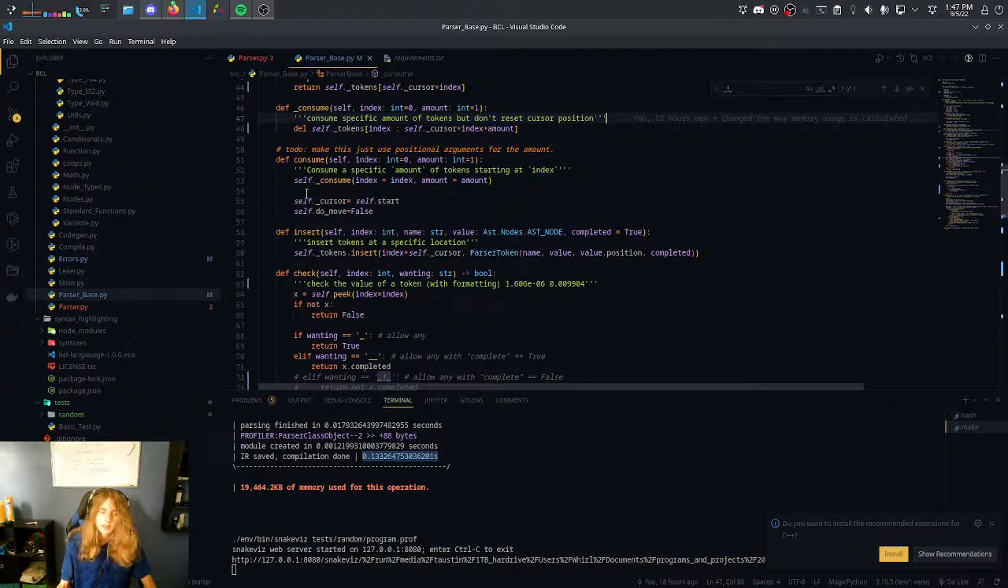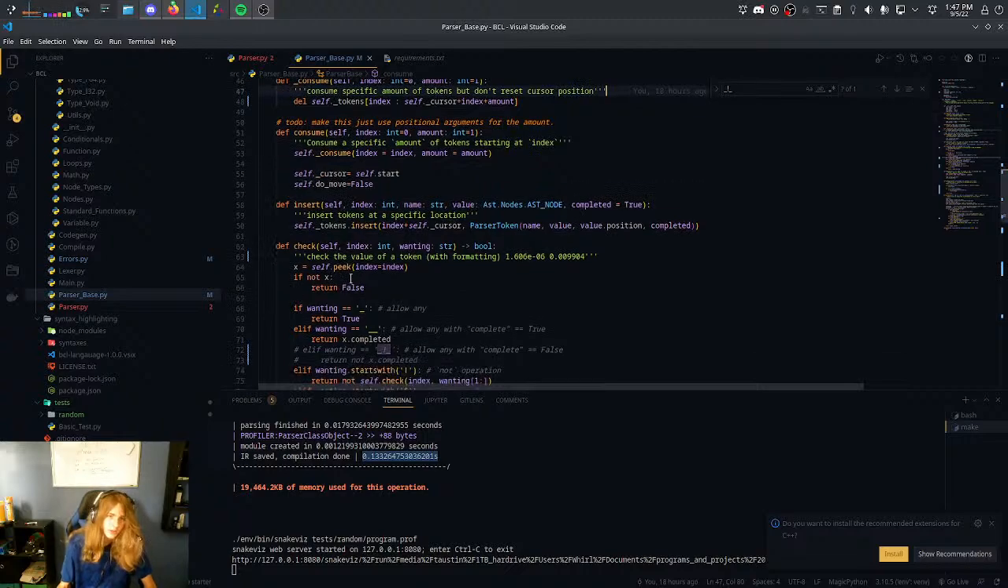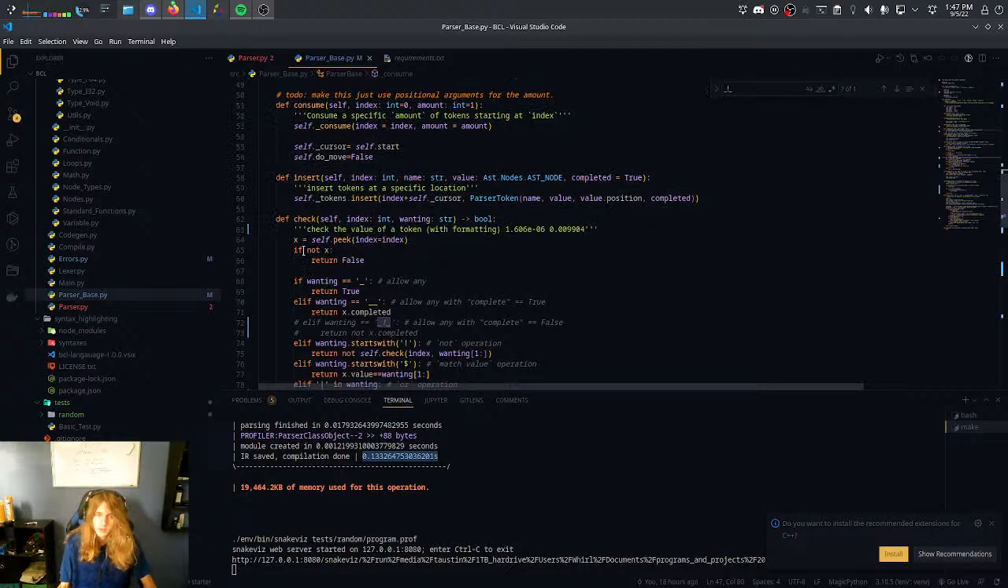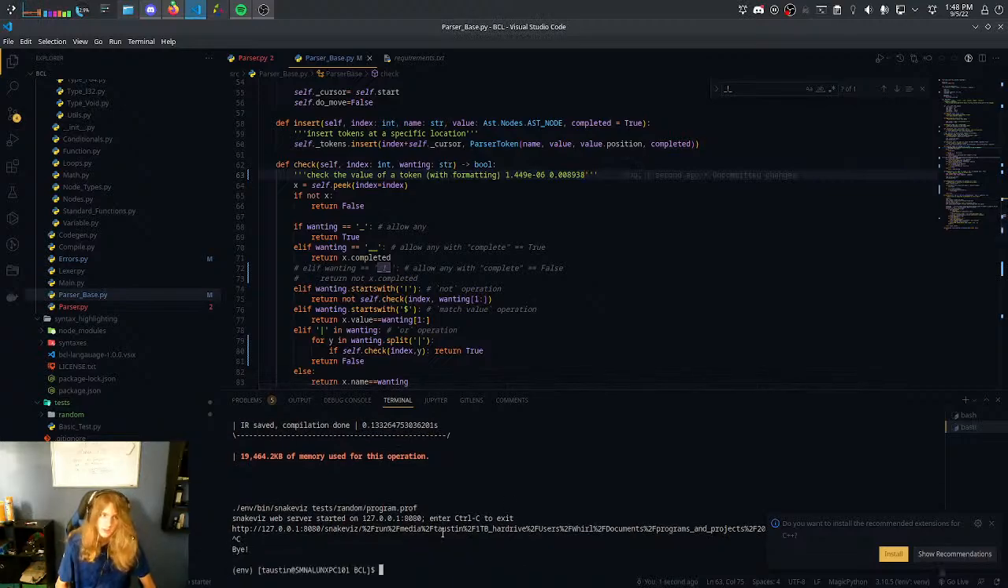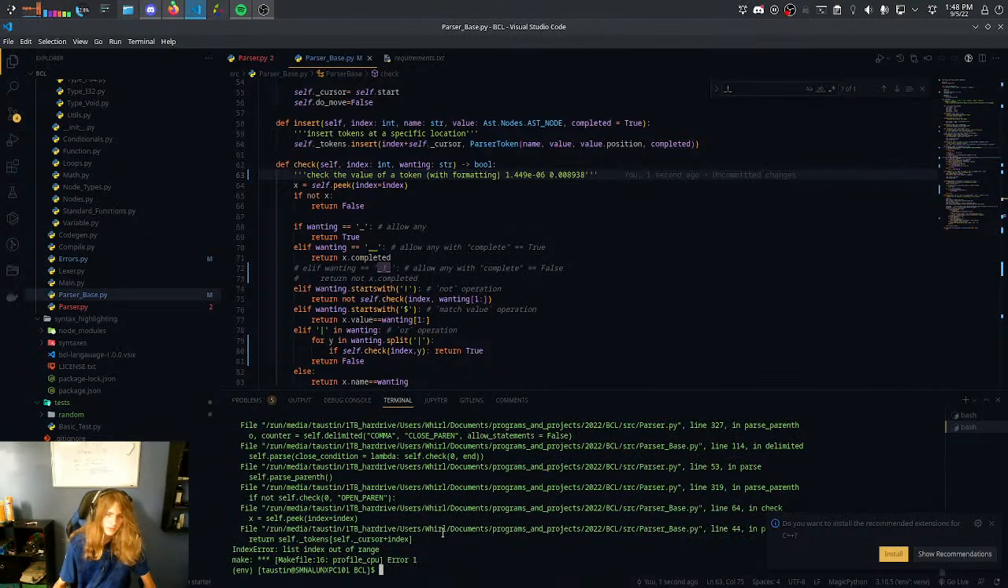So, let's do this, I guess. Let's go to my insert here. Or not insert, the check. Check, that's what I want. And I'm going to put in the current timing. I mean, it's barely faster, and that's not statistically significant in any way. So I'm not really sure I should worry about it, but ooh,